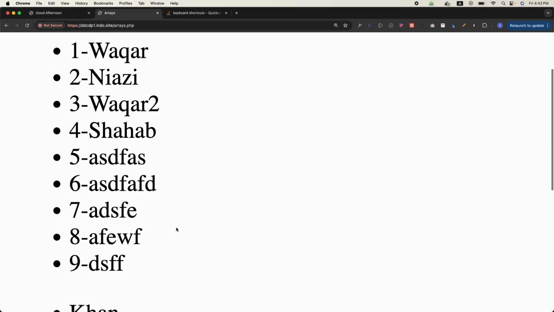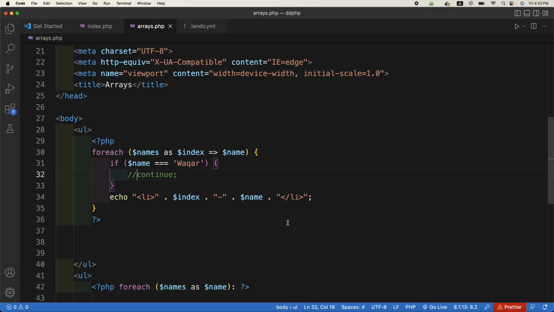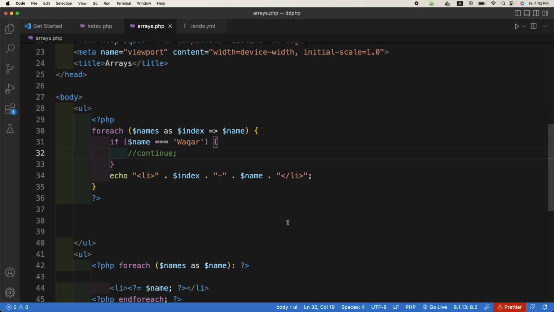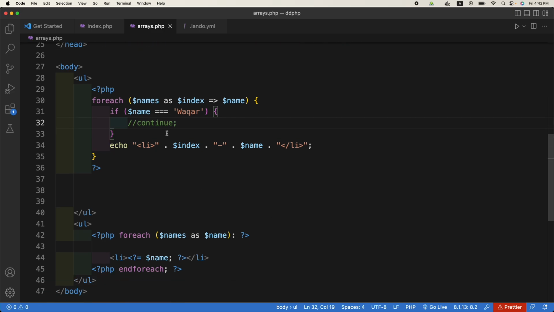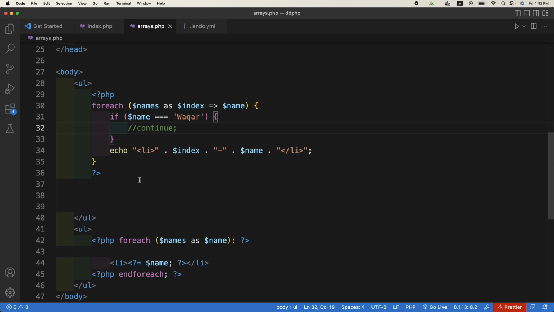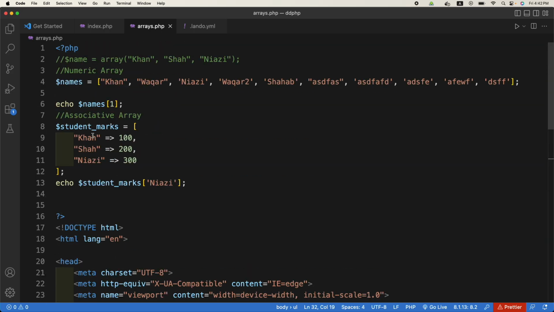Got it? Yes. Similarly, we can output associative arrays. So what are associative arrays? Those arrays in which the indexes are strings. So if I want to print out all the marks with the names also, what I can do is